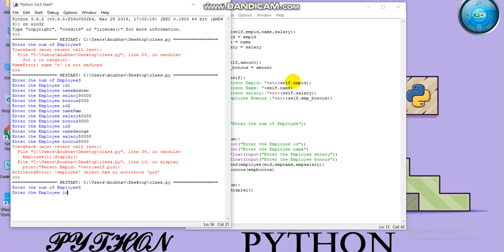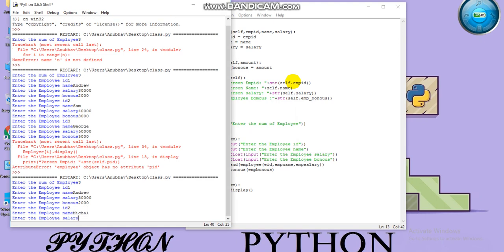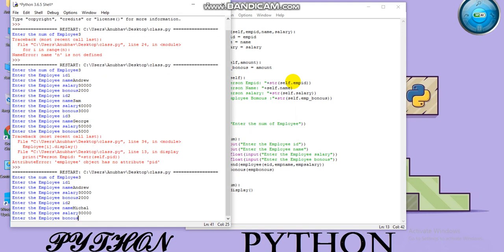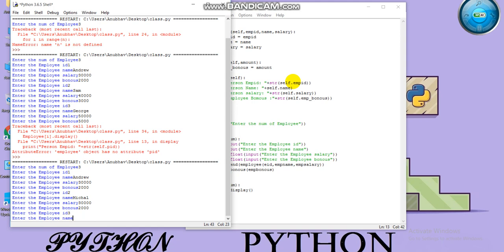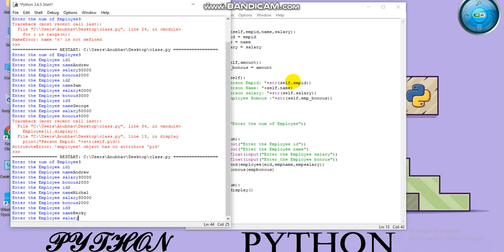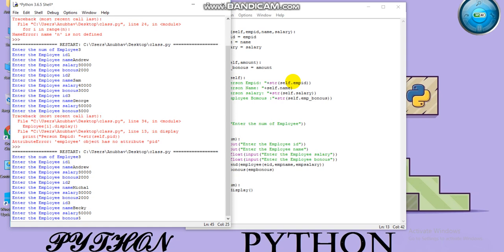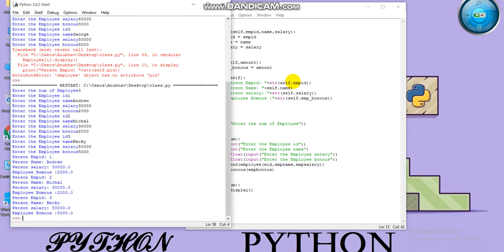Okay. 3 instances. Instance 1, Andrew, salary 30,000, bonus 2,000. ID 2, Michael, salary 30,000 again and bonus 2,000 again. Third one, job key, salary 50,000, bonus 5,000. So that's it. So you can see that we have created 3 instances of the class and how these instances have been created,